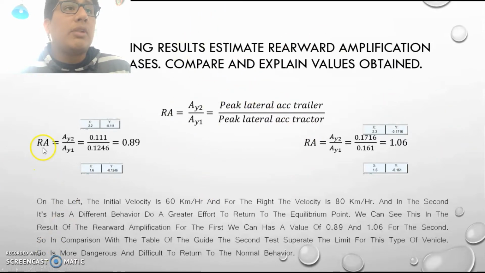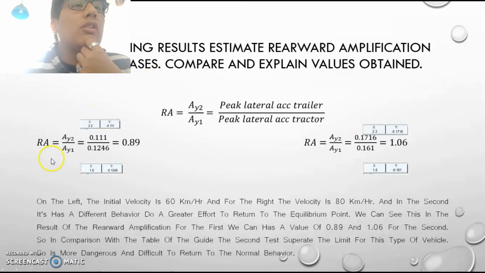For the first simulation, we have the value of peak lateral acceleration trailer, we have a value of 0.111. For the peak lateral acceleration tractor, we have the value of 0.1246. The final result is